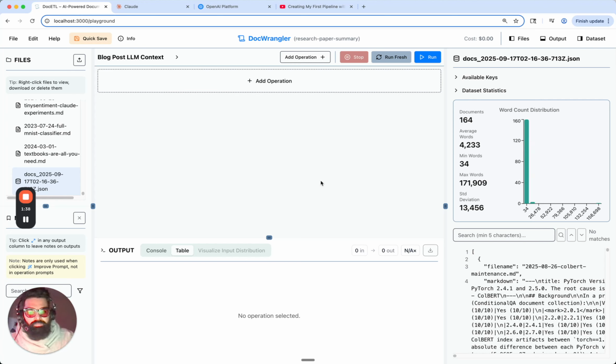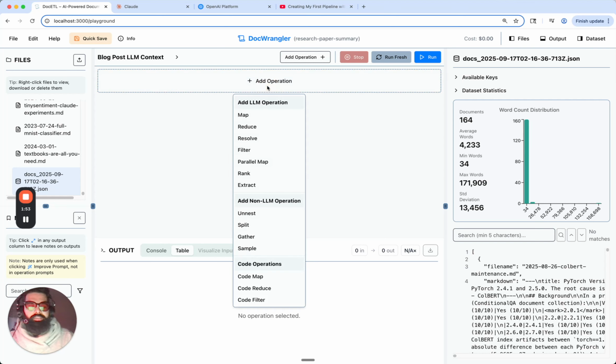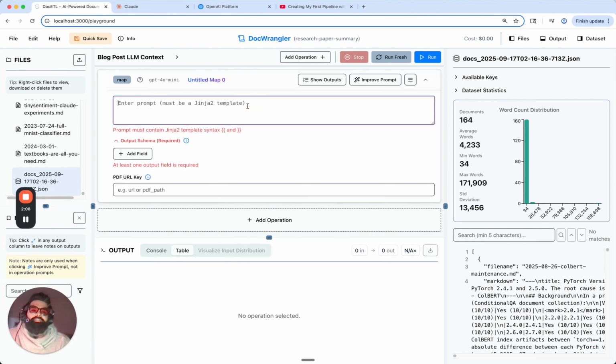So what I'm going to do is think out loud and live code this problem in this video, and we'll see how far we get. So the first thing I'm going to do is, let's say, a map operation, and